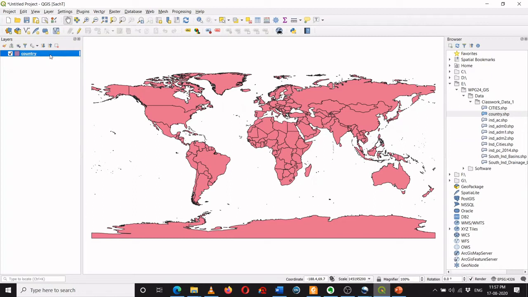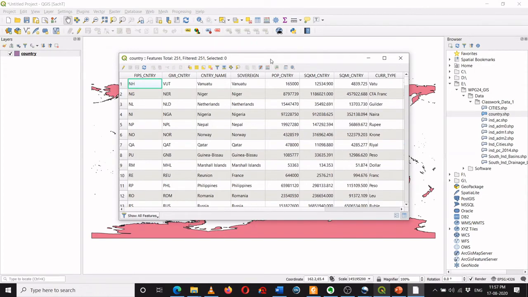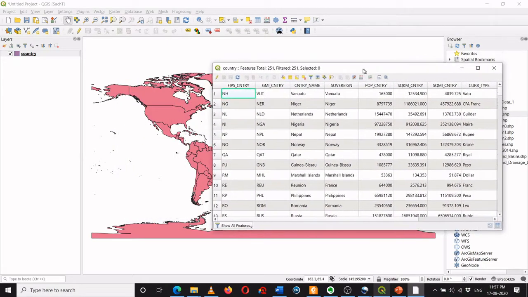By doing this, I am selecting this layer. I can again click somewhere else, so it is getting deselected. So see carefully, I am selecting this again by clicking over here. Then I can open the attribute table by clicking over here, which shows open attribute table. I will just click with a single click, this attribute table will be open in another window.